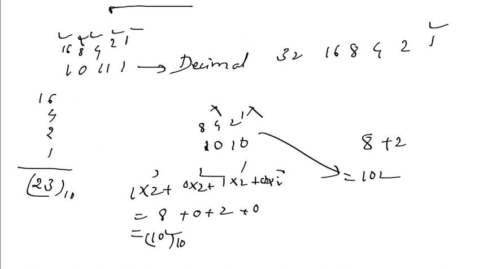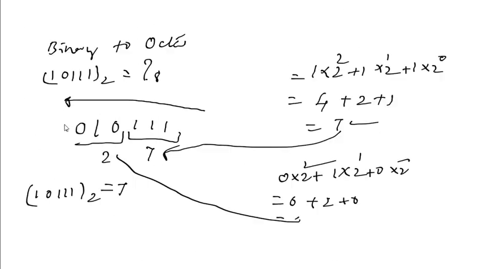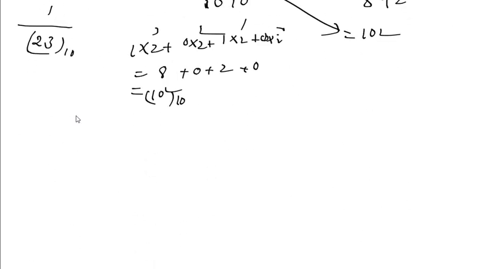Okay, in the previous example we have seen binary to octal. There I have given an example like this. You can see it is there. Which one? 10111 was a binary to octal. Again I will tell you with the shortcut trick, or else you can calculate that also using the procedure.